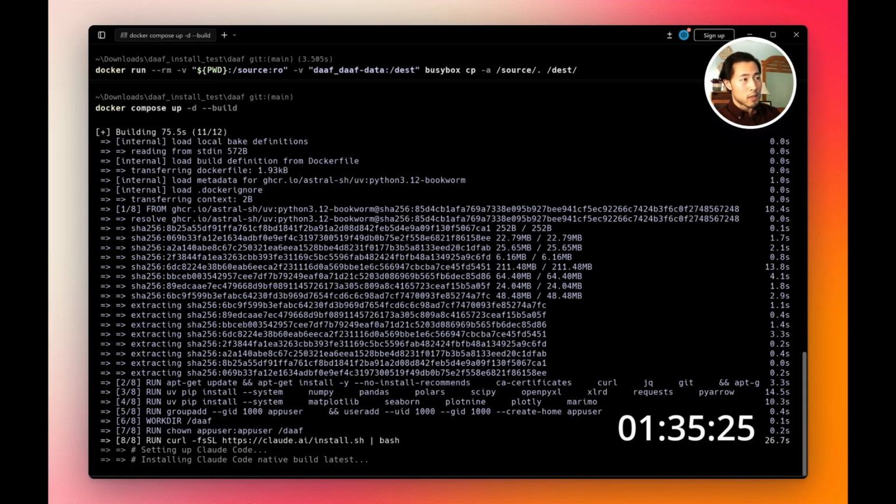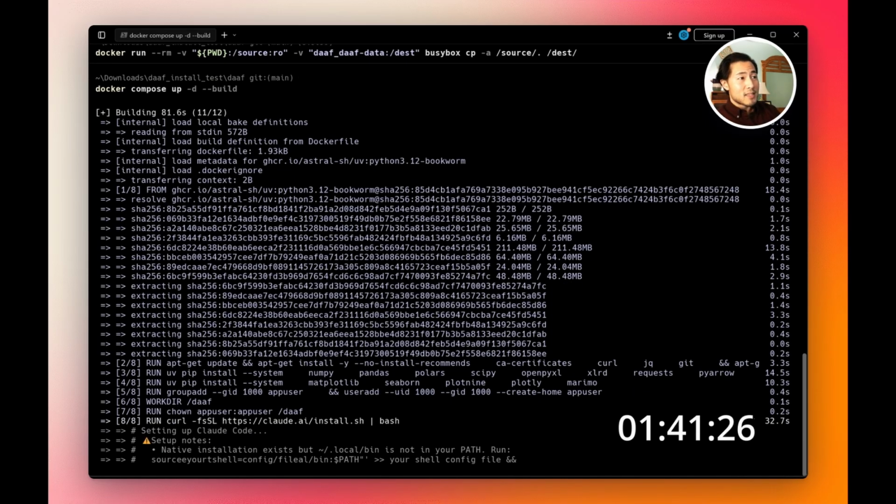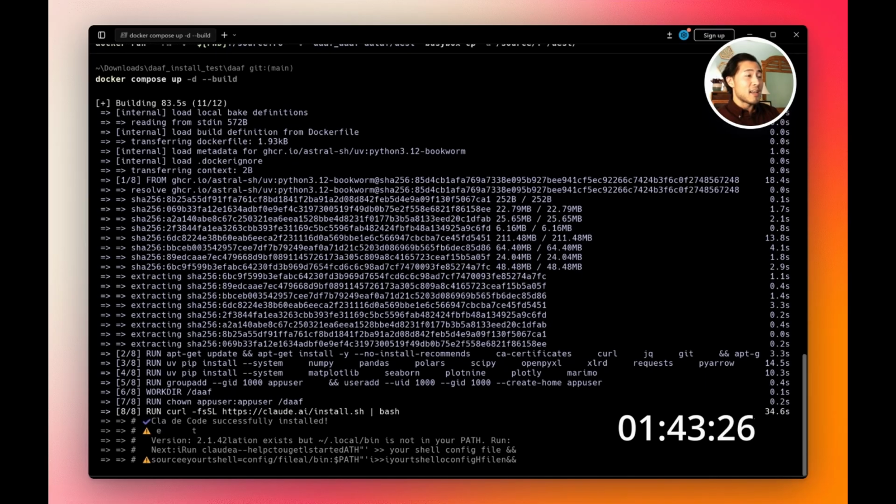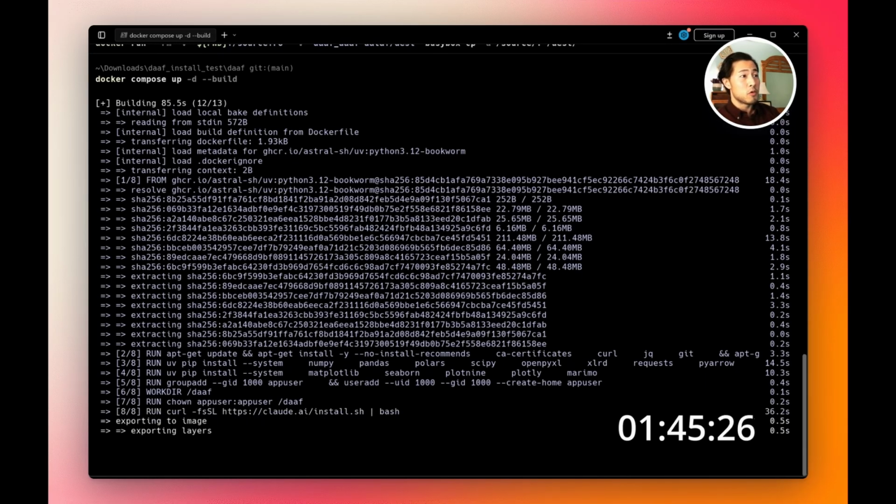And it's a super replicable, reproducible environment, which is really convenient for helping people install kind of complicated things. What that basically means here is that I can have you run only a couple commands on your computer, and you can be up and running with DAAF and Claude Code on your computer in, as this video hopefully shows you, under 3.5 minutes. And so what you're seeing on screen right now is the Docker container is getting downloaded